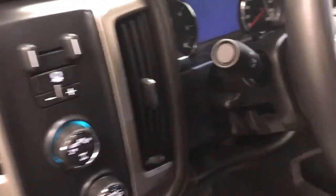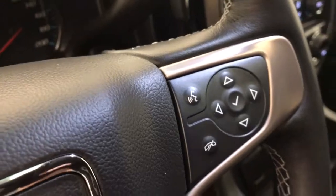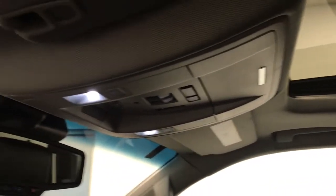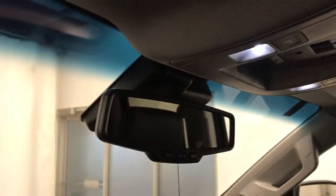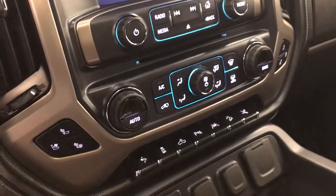seats with lumbar support, leather wrapped upholstery, sunroof, light controls, four-wheel drive controls and trailer brake, tilt and telescopic steering wheel, cruise control, forward collision detection and heated steering wheel, hands-free communication and audio controls, wireless charging pad, sunroof controls, garage door opener, OnStar 4G LTE with electrochromatic mirror, CD AM/FM radio with auxiliary, climate control with AC, heated and